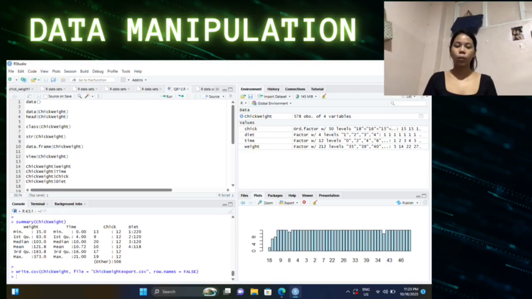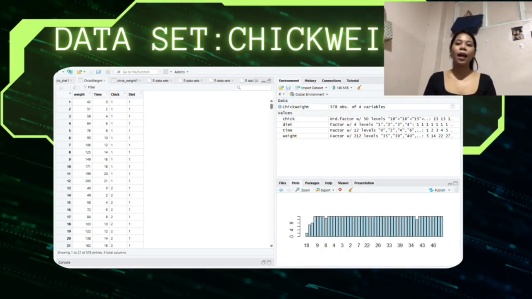After that, we checked what type of object this dataset is by typing class(ChickWeight), and it shows that it's a data frame, which means it's organized in rows and columns, just like an Excel